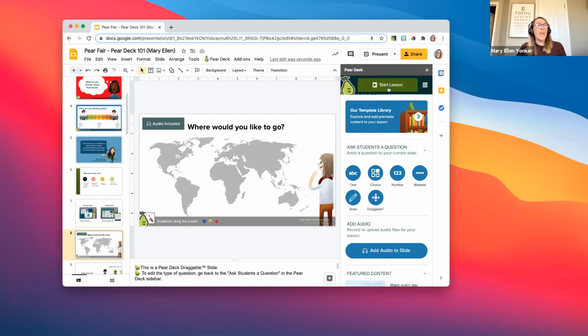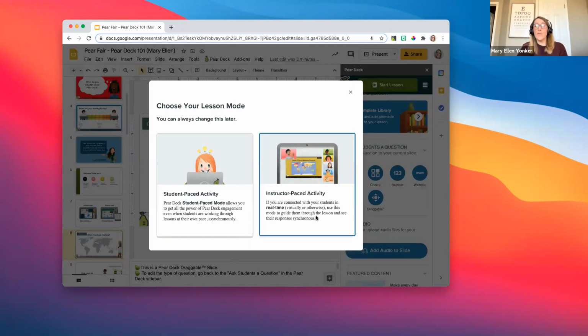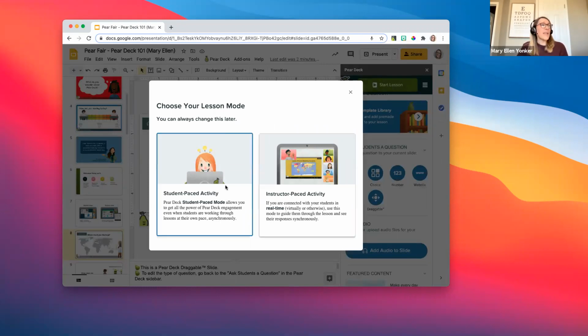When we do that, we're going to have a couple of things happen. So I'm going to go ahead and hit Start Lesson. And the first thing I need to do is decide if I want this to be an asynchronous or synchronous lesson. If it's asynchronous, this is where my students will move through the lesson at their own pace.